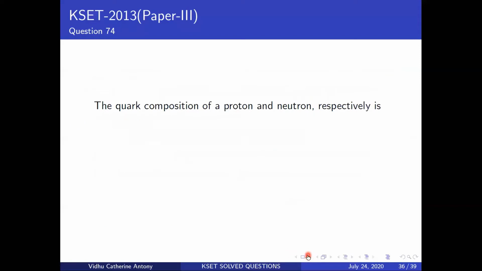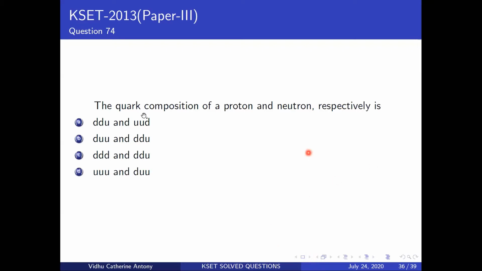Now, if you're taking the nuclear elective, you will have to mug up the quark compositions of the proton and neutron. Your up quark, down quark, strange quark. You basically don't have anything here which involves the charm quark or things like that, which would be quite a lot to mug up. I wanted to learn this whole table by heart, so I ended up making a song on it. Not a song exactly, something that rhymes. You can try doing something like that. The quark compositions of your proton and neutron respectively are, I will show you that